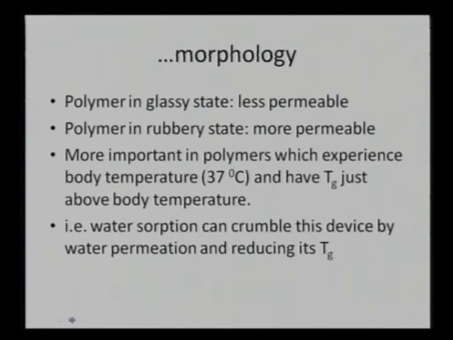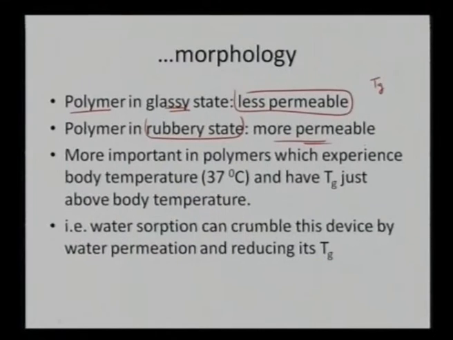Again, as we talked about the glassy and rubbery states, that is dependent on the glass transition temperature. As we said earlier, a polymer in the glassy state is less permeable, whereas a polymer in the rubbery state is much more permeable. So obviously when the permeability is very high, water can seep in at a much faster rate. The particular polymers which experience body temperature and have a Tg just above or just below the body